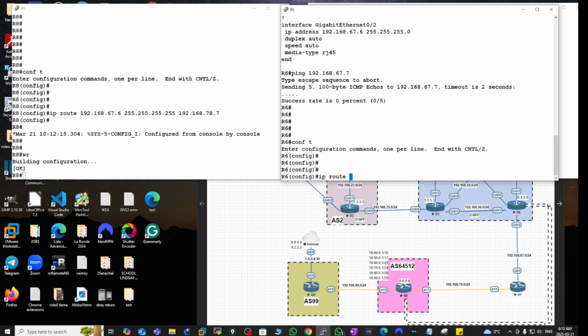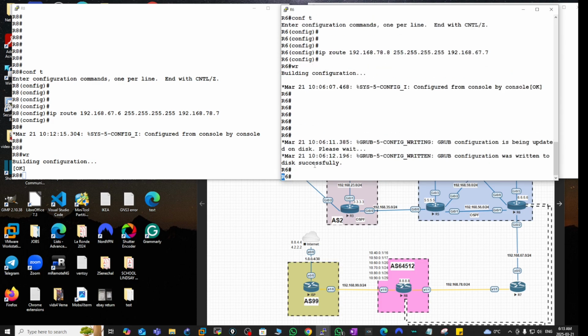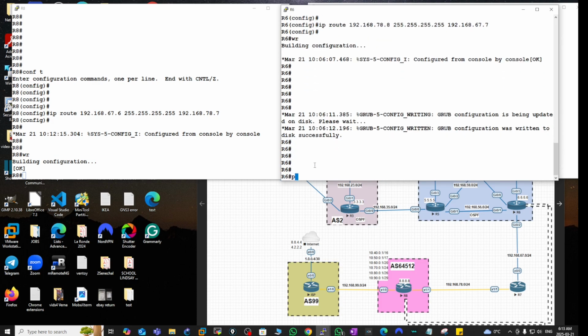So this time it's going to be ip route 192.168.78.8, okay? With the subnet mask of 255.255.255.255, okay? For that, we have to define a gateway of 192.168, and then we save. Now from R6, if I do a ping